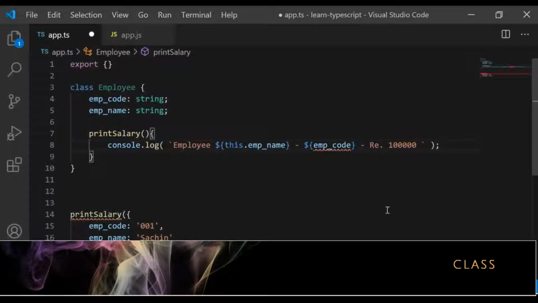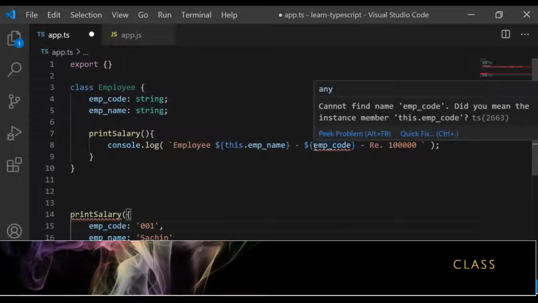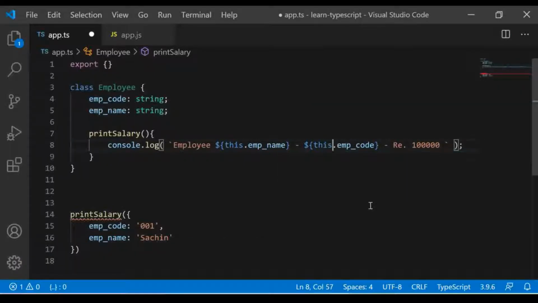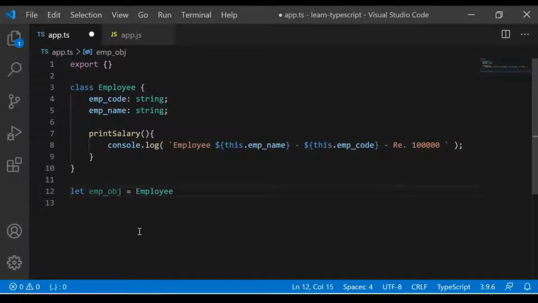Okay, so now we cannot use these variables like this. We need to prefix them with this, since these are a part of this class. Using this keyword you can access all these fields. Fine. And you cannot call this method anymore like this. Instead, instantiate this class with the new keyword like this.